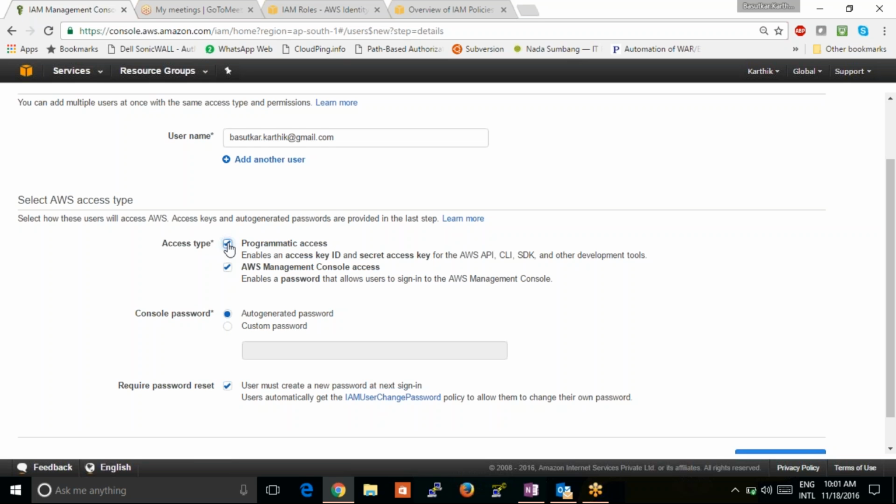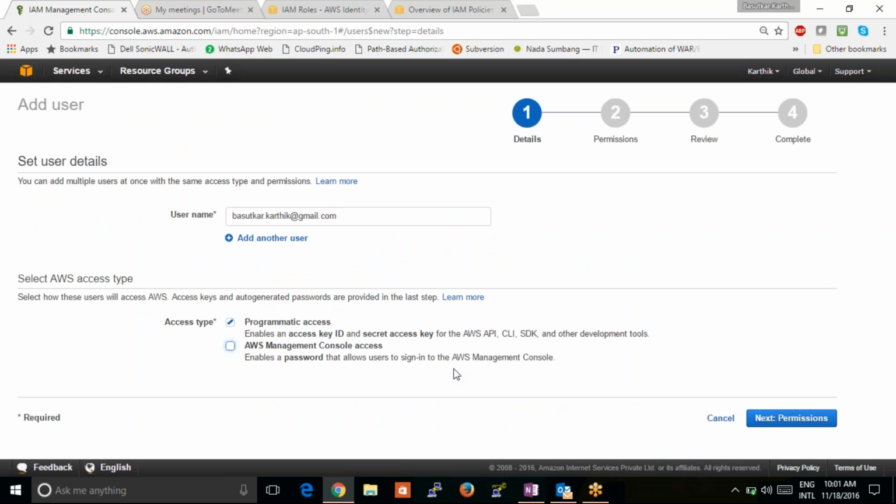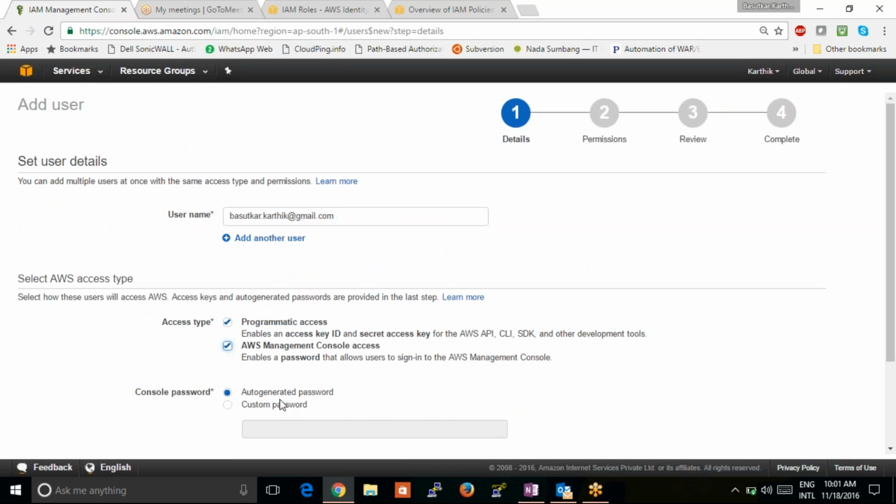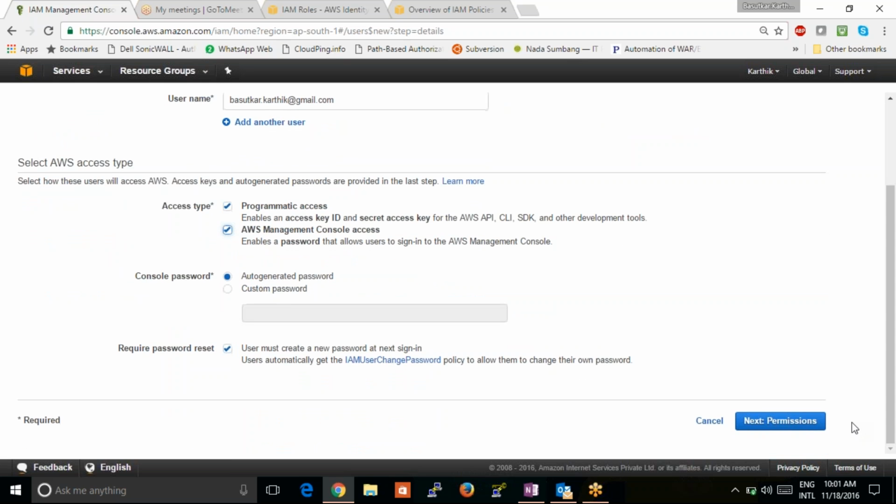If you check mark this management console access, it will ask you to create a normal password for the user you created. Click it, and below it asks for auto generate password. How do you want to generate a password for this user? Automatically, or you customize your password by typing here and you save your password in your mind. And it's saying require password reset. User must create a new password at the next sign in. No,